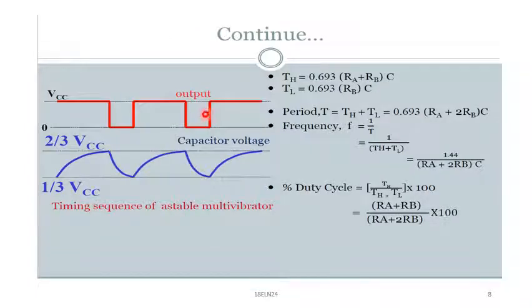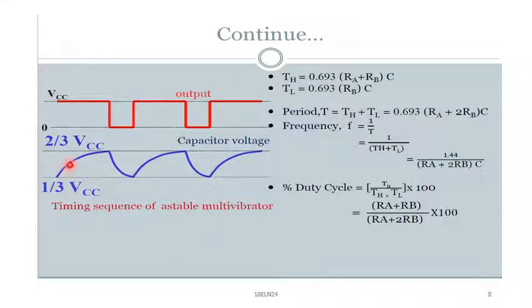So here you can observe the waveform. So this is the output waveform. Now you can observe, you can get the output of pin number 3. That pin number 3 will get this type of output, and this is the voltage across the capacitor. Initially we will consider the voltage is 0, as when we switch on the circuit, when it reaches 1 by 3 VCC, you can consider the output is 1 only. The 1 means VCC and 0 means 0.